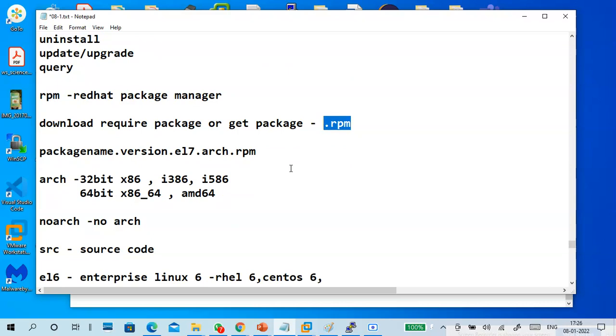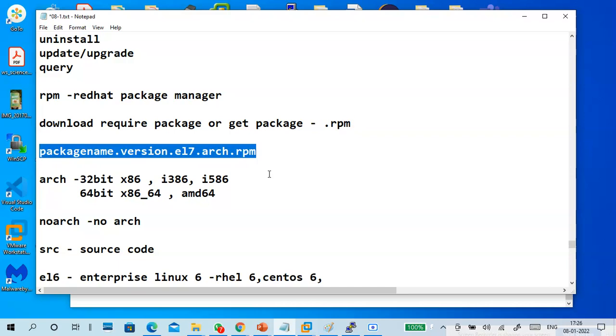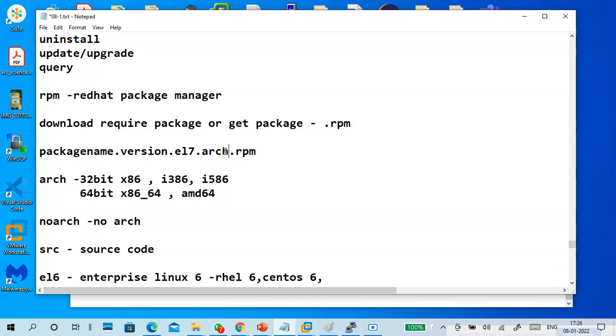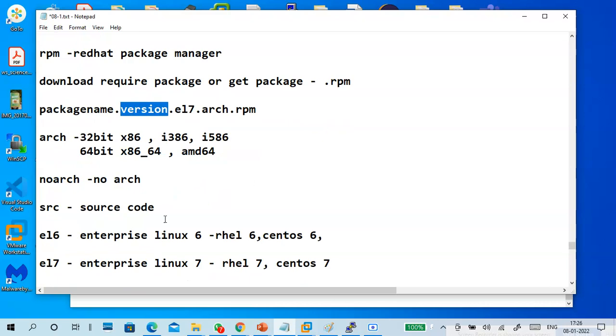No, actually it is not only that. The RPM extension represents one package. It is an application in a package, and the package name is .rpm. It has different parts. You have to look at the architecture mentioned, which type of Enterprise Linux it will work on, which version of that package, and the package name. You have to verify it: EL7, EL6, Enterprise 7, Enterprise 6, like Red Hat 6 or Oracle 6.